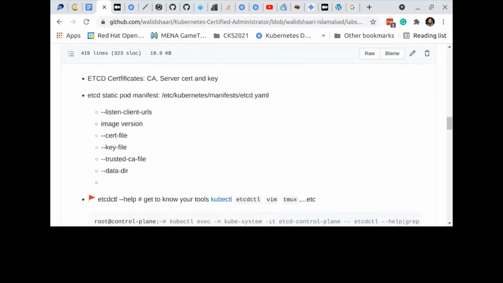In the etcd static pod manifest, these are the directives that are really important: listen client URLs, because you need to know the endpoint that you are connecting to; the image version, if you want to know which version etcd is running; cert file, key file, and trusted CA file. These ones you will not change, but the data directory you might change depending on how you answer.